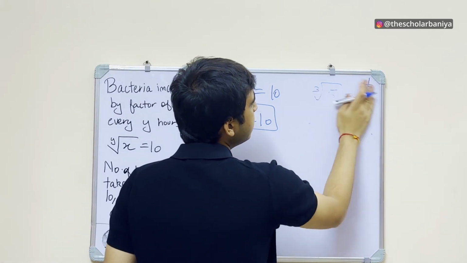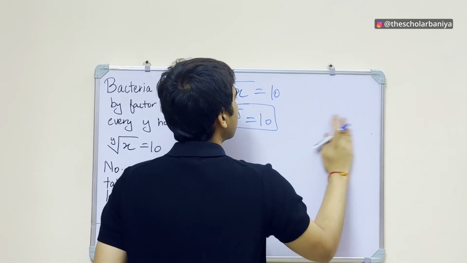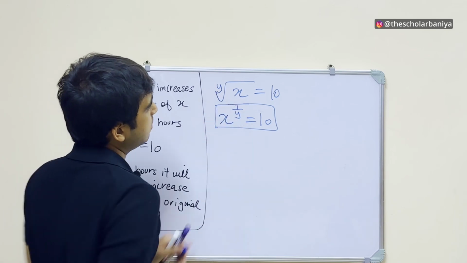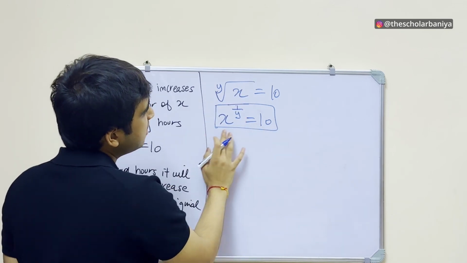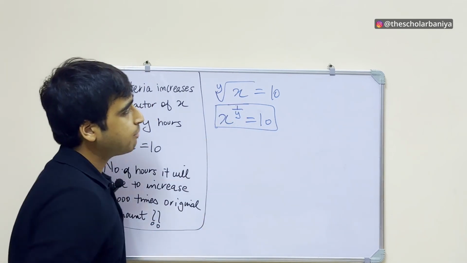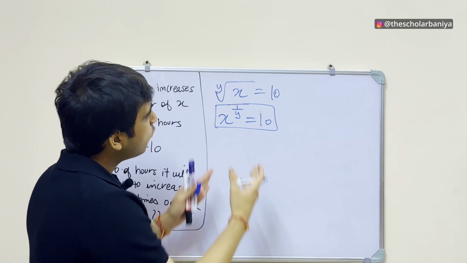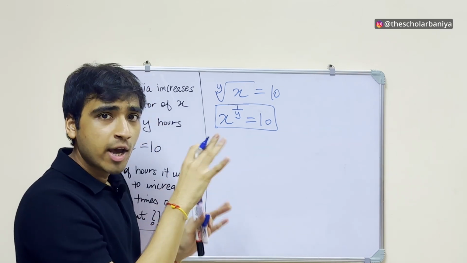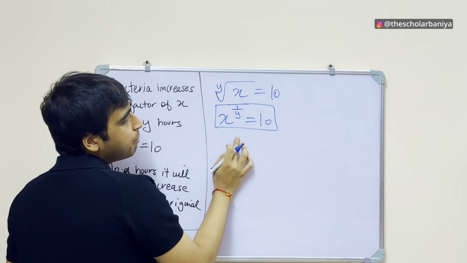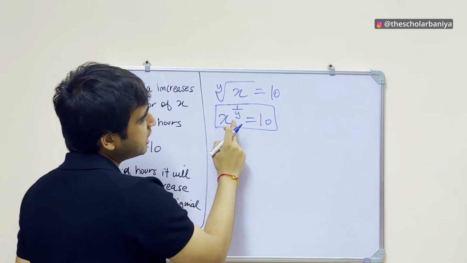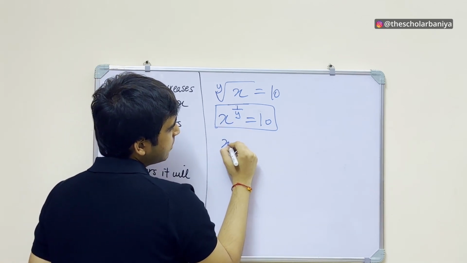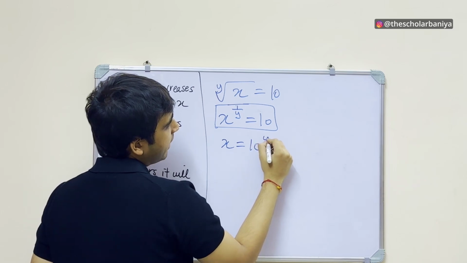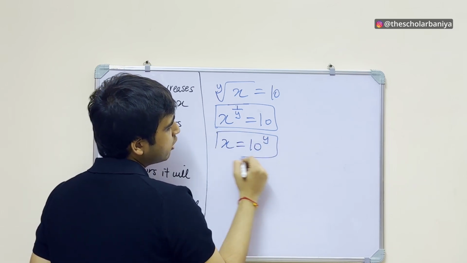So similarly, this x, y is given to be 10. This means x to the power 1 upon y is given to be 10. Now what you can do is that you can do a power of y on both the sides. So if you do a power of y on both the sides, this will become x is equal to 10 to the power y. I hope this should also be very clear,